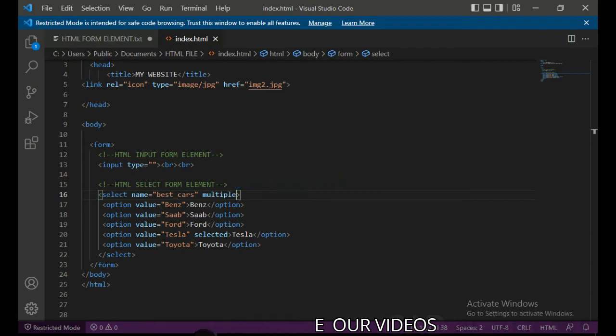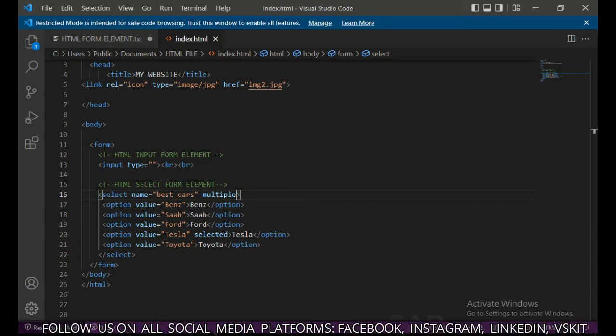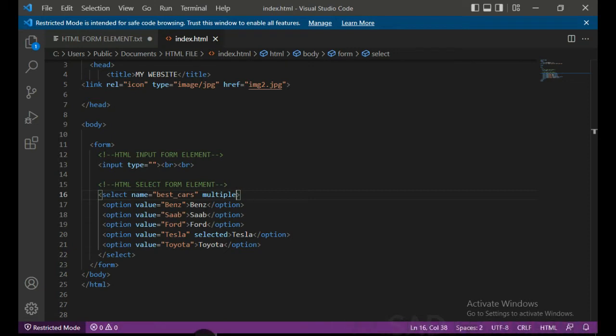So when I talk about the size attribute, the size specifies the number of visible options in a drop down list. So let me come again. The size attribute specifies the number of visible options in a drop down list. And what do you mean by the size attribute? It means you want a particular number of options to show when the page reloads. So by default, when the page reloads, it